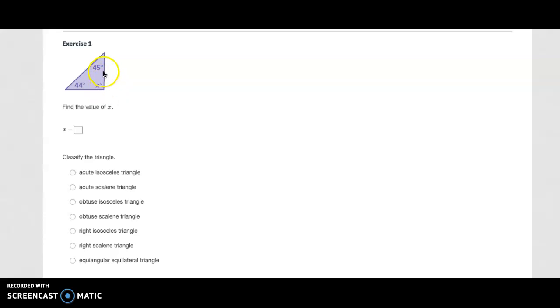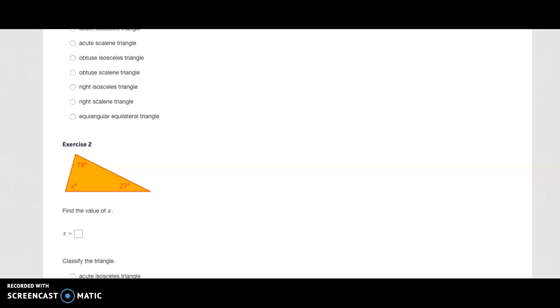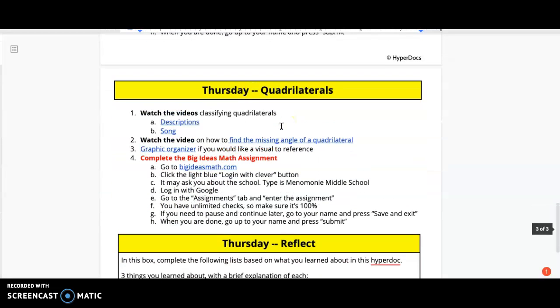triangle that is. So hint for you that you'll see in the videos, if all 3 of these angles are different, that means it's going to be a scalene triangle. If two of the angles are the same, that's going to be an isosceles triangle. If all of the angles are the same measurement, that's going to be an equilateral triangle. So the angles and the side measurements kind of compare to one another, right? Then that's Wednesday. So Thursday, it is the